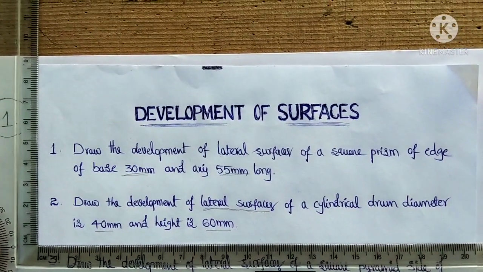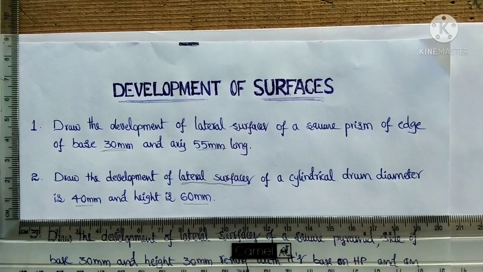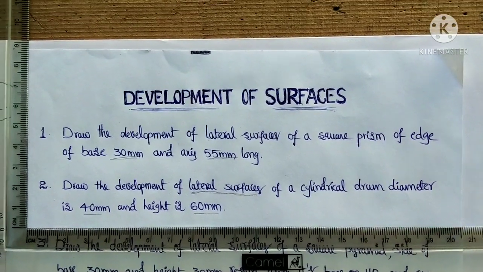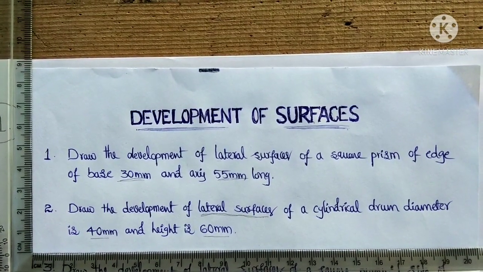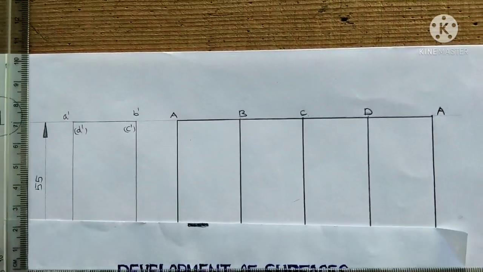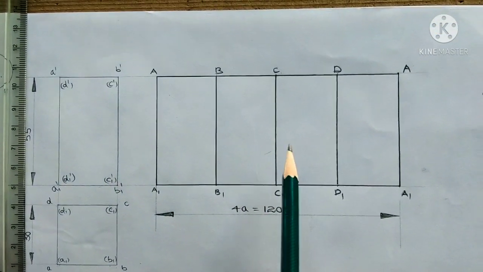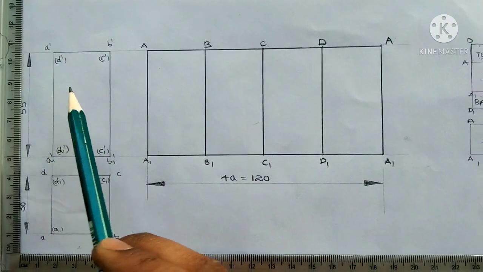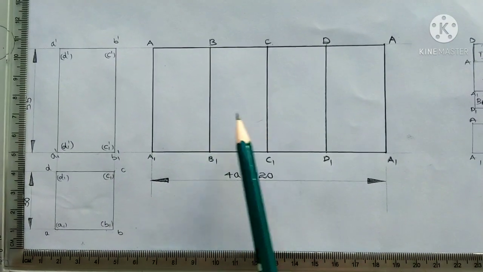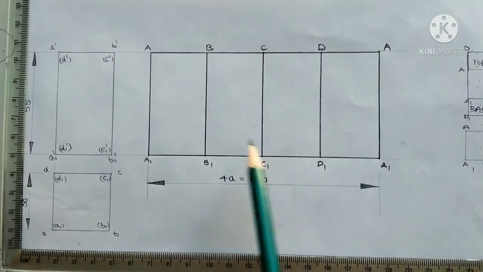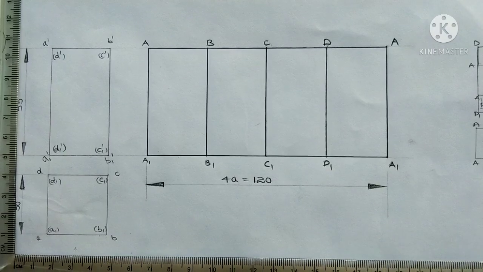As I said that if we come into the development of surfaces, initially we should construct orthographic projections of that particular object. Then with the help of orthographic projections we can develop that particular object. And in the previous problem also we have seen this is about orthographic projections, and this one about development. And here we have used small letters to show the variation between the orthographic projections and developments. We have to use capital letters in the development. Similarly, in the orthographic projections, small letters. Already we know orthographic projection concept.